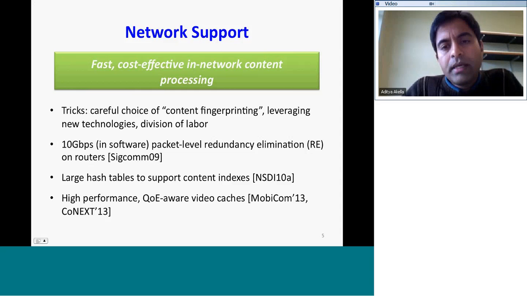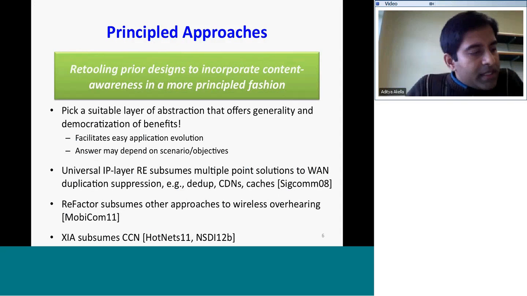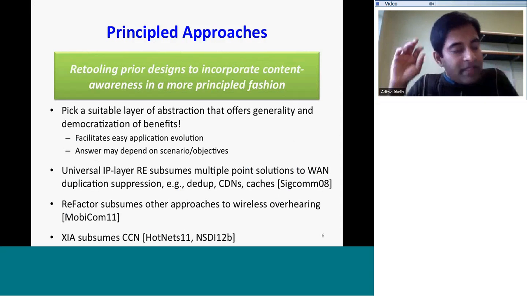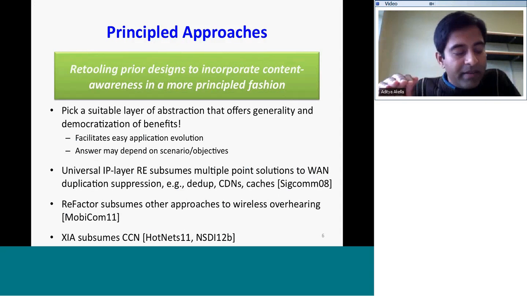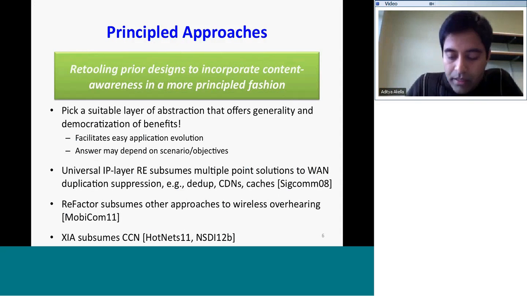The second one is probably a little more disruptive, and it's mainly about where do you put these content-aware schemes. Do you situate them in the application layer? And do you do content fingerprinting and all of that stuff in the application layer? Do you do that inside network devices, in the transport layer, or do you do that in middleboxes and so on? And also things like, should it be in all network devices and network layers in all applications, or should specific parts of content processing happen in specific points and so on?